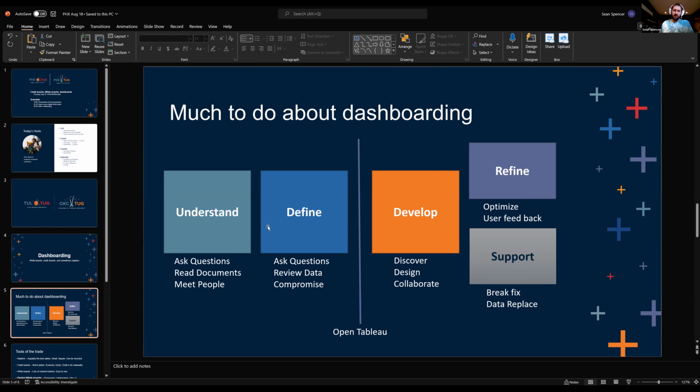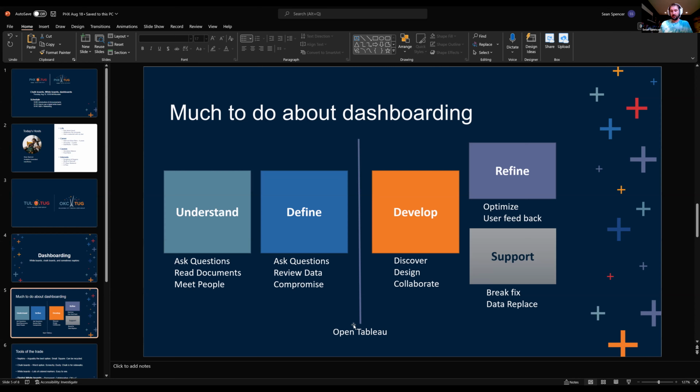And also in this define stage, I'm going to ask questions like, what is it that you're looking to do? And do you have any specific requirements for how that needs to be built or look or feel? Asking for things like style guides, colors, specific shapes or buttons. You would ask for access to their Tableau server to look at some of the products that they have available already, to help put you in that mindset so that you're not building something that feels totally different from the experience that their users are used to already. All of these things, of course, happen before we open Tableau.